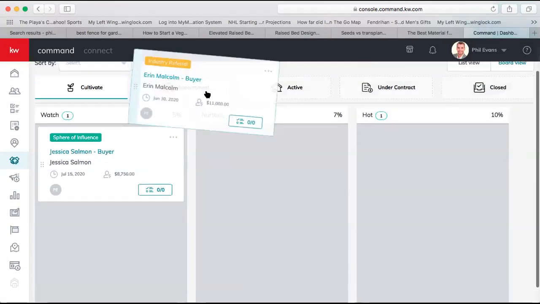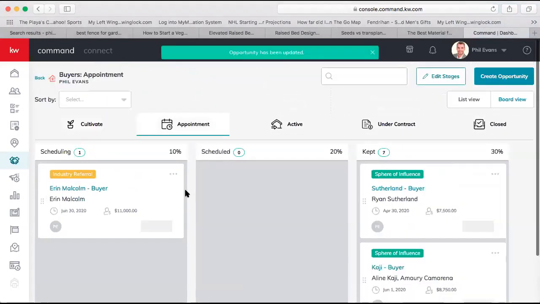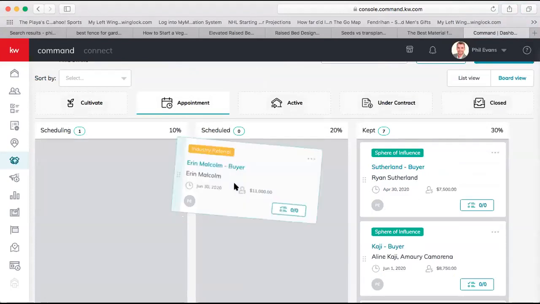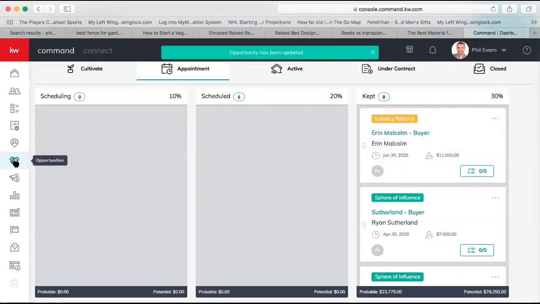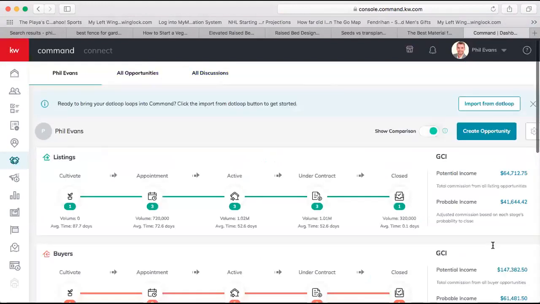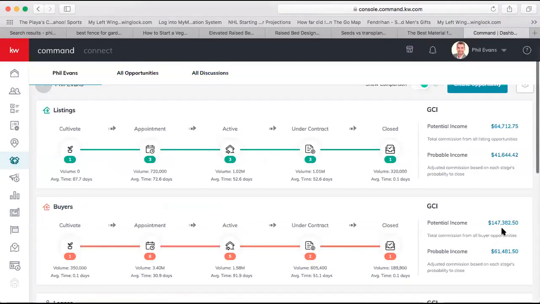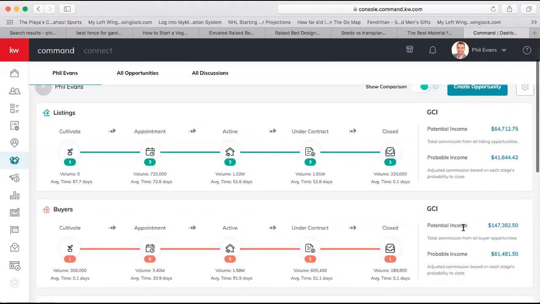Well, now we've got the appointment. So again, I drag her up here into appointment, and there she goes over here. Come in here, now she's up to 10%, 20%, and 30%, and so on. And again, if we come back to my opportunities homepage, that dollar value just keeps climbing. And to me, and I'm sure to most of you, the reason we get into sales is because we love those commission checks. And when I see these numbers increasing over here, it makes me feel really good. So that's why probably more than anything, I have my contacts and my opportunities mostly updated here in